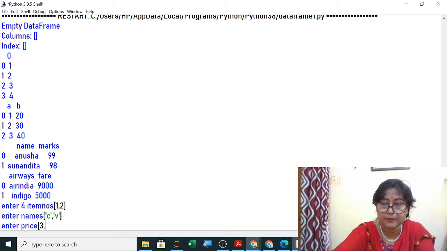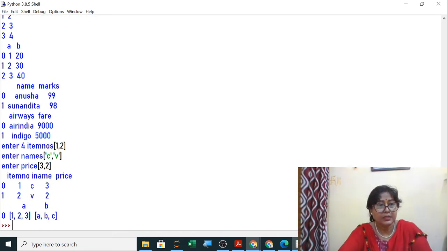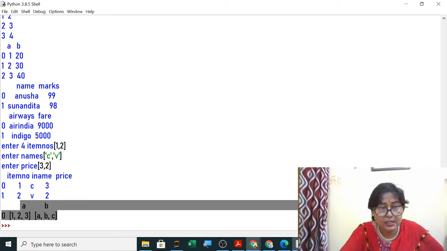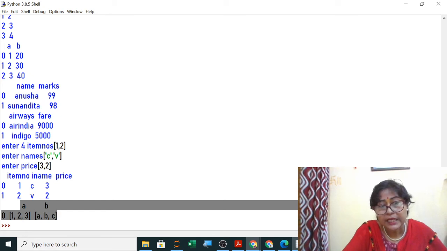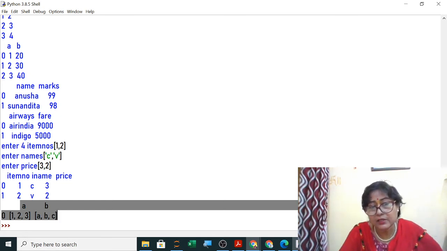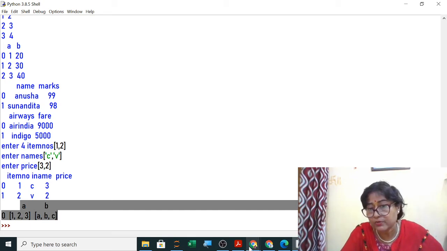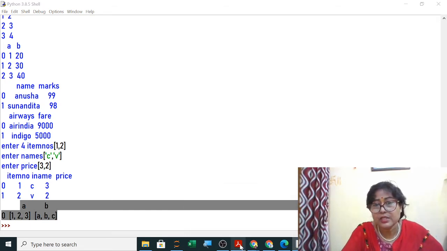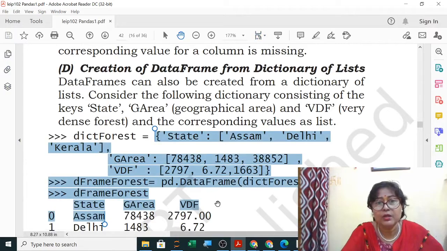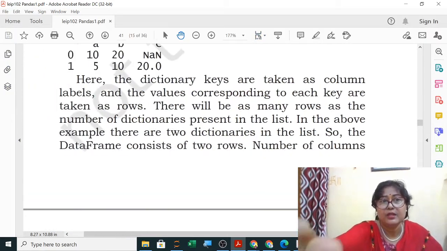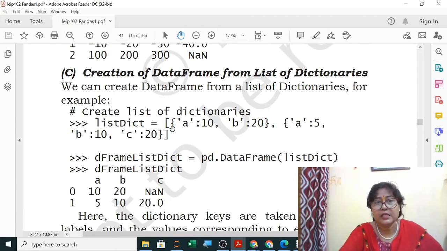Price. Yes, now what we have done here just now, in which in a list you have given 3 values. So 3 values it is showing. If you give 1 value then 1 value it will show. Clear? So this is given in your book, that is using a list.